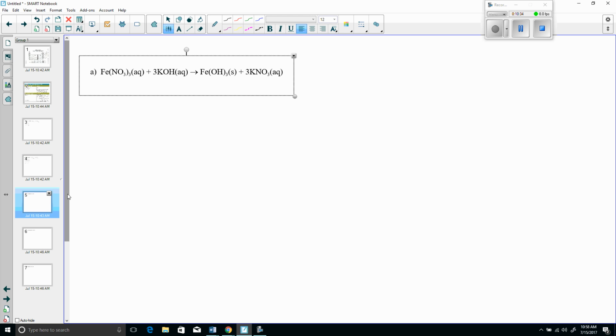Now these next problems, they're not super difficult. Notice you already have your states of matter, so that's very nice. What we have to do is we are charged with writing the total equation. Sometimes I call these the complete equation, but here he calls it a total, so we'll call it total. What you're doing there is when you see something is aqueous, you're going to break that up into